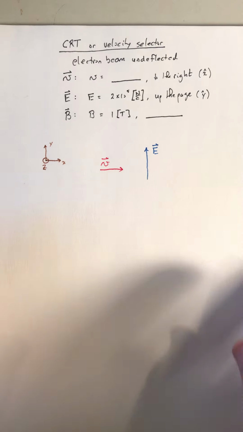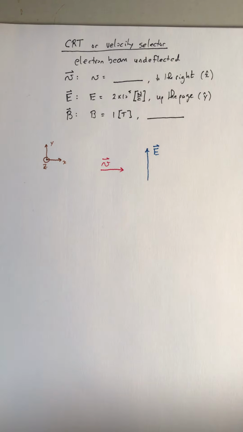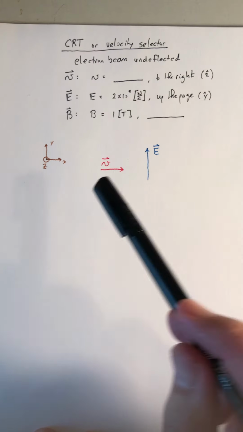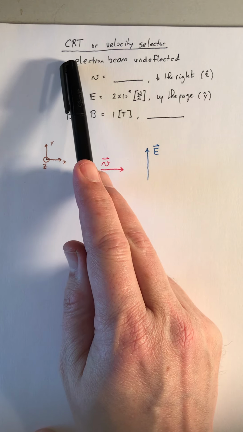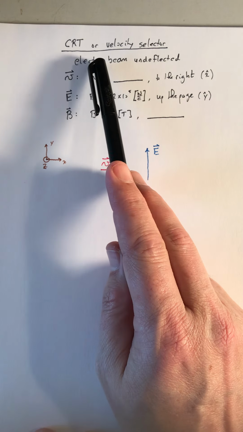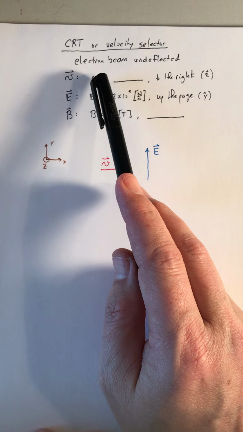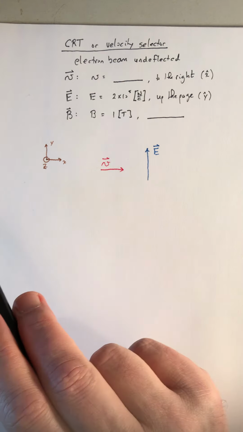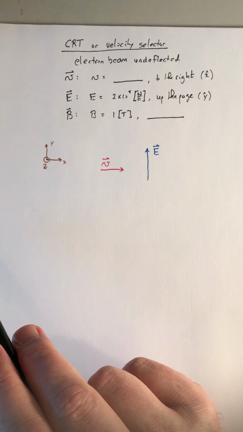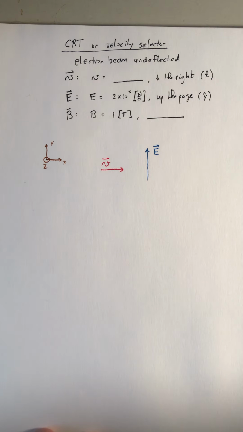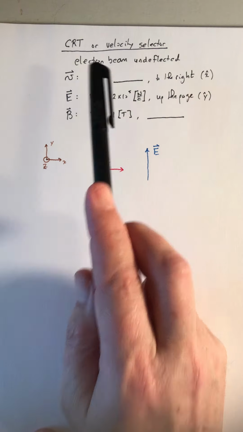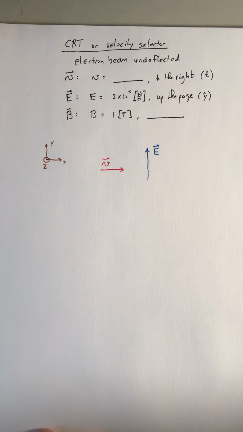I'm going to look at an example of, you could think of it as either being a cathode ray tube, which is the old-fashioned phosphor television screen, or in combination with a mass spectrometer, what would be the initial stage, which is a velocity selector. Essentially, this is the idea of using crossed electric and magnetic fields to steer a beam of charged particles. In this case, like a cathode ray tube, we're using a beam of electrons,